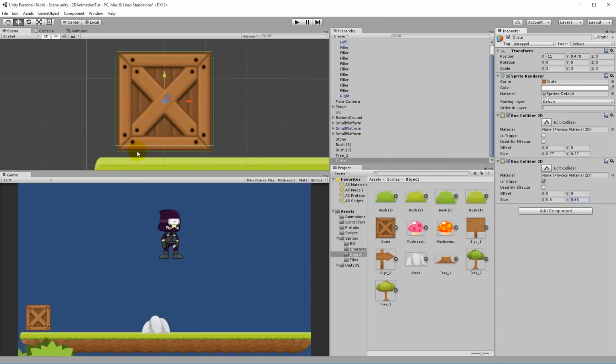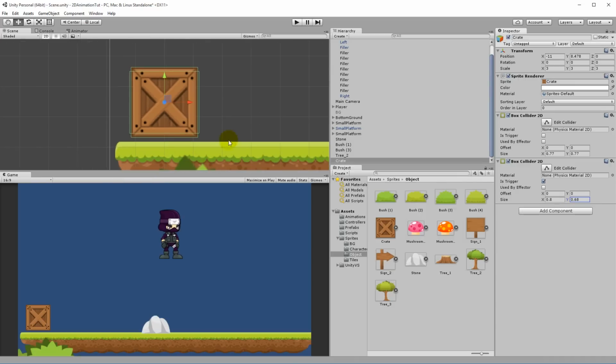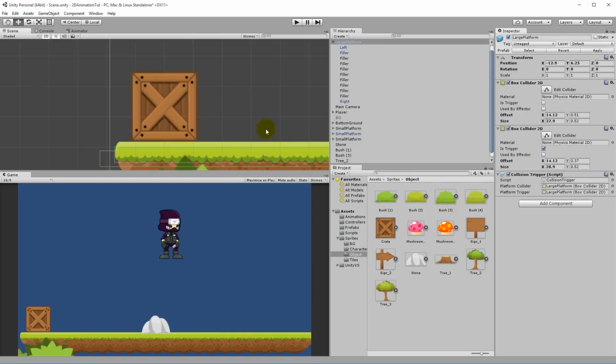And now it's very important that you don't make the box overlap with the ground here, because then there will be a collision and it's not going to work properly. So you have to take the crate and move it down without overlapping the platform's collider, which is down here, so it doesn't do that. And if we play the game now,